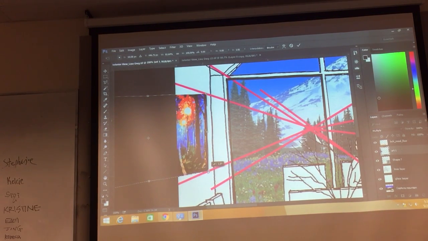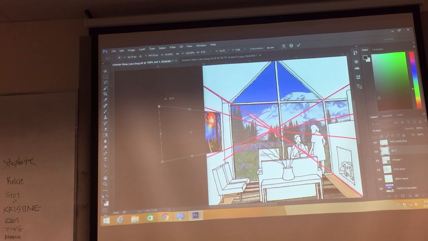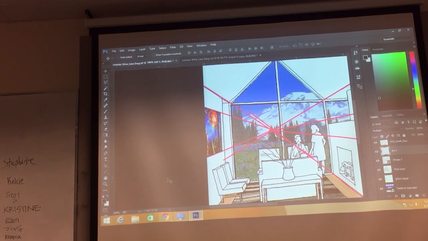And remember, when you're working in perspective, all your verticals want to be perfectly vertical, straight up and down. And I'm just making sure that this points right down my vanishing point line. And then I hit enter. And I turn off my vanishing point lines, and I have a piece of art on the wall that's in perspective. Okay. All right,